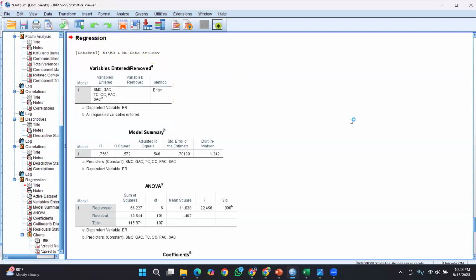Here you will get the R square value and the adjusted R square value. There's not much difference. If you have been changing your scale, you may use it.